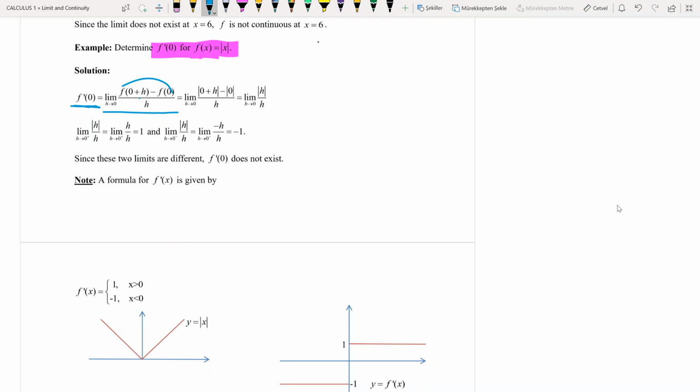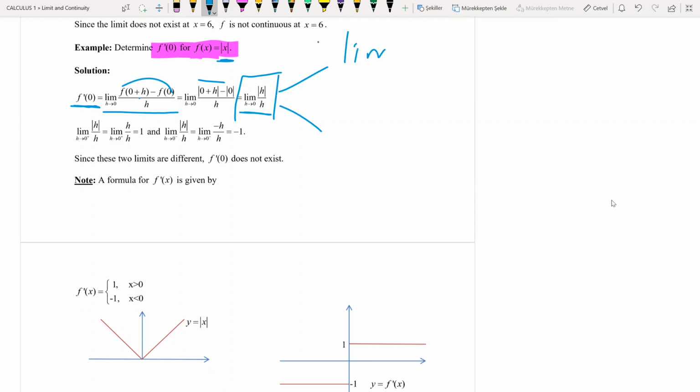Since the function is absolute value of x, we have absolute value of 0 plus h minus absolute value of 0, divided by h, and this is the limit problem. I actually solved this problem before when we had the topic of limit. So we have to look at this limit